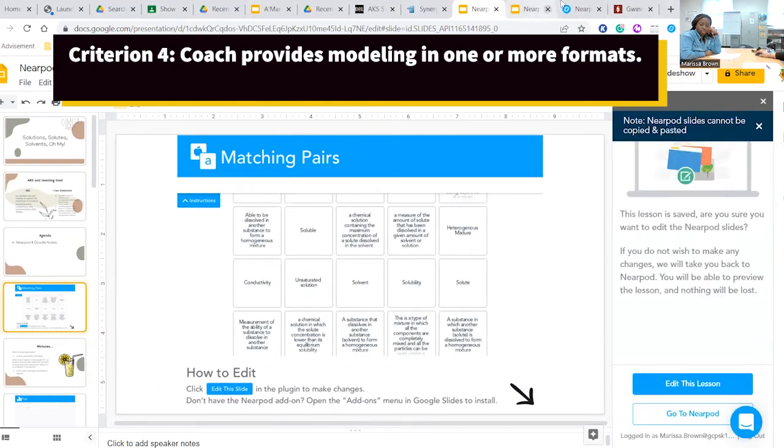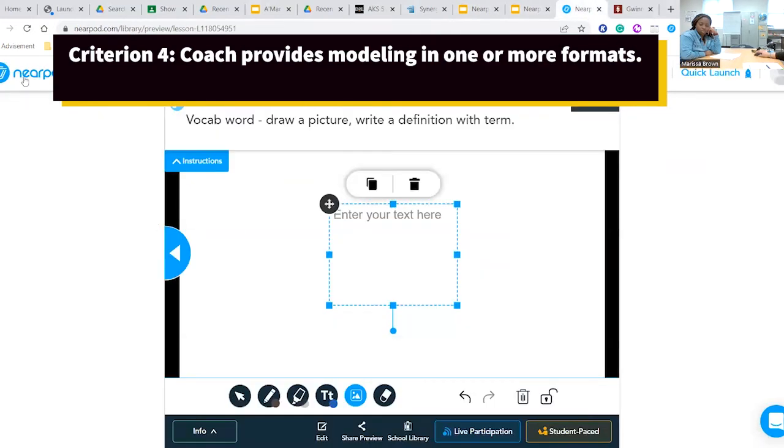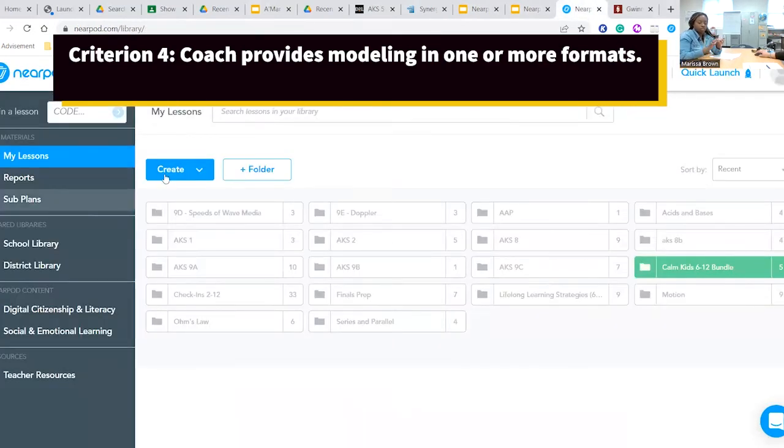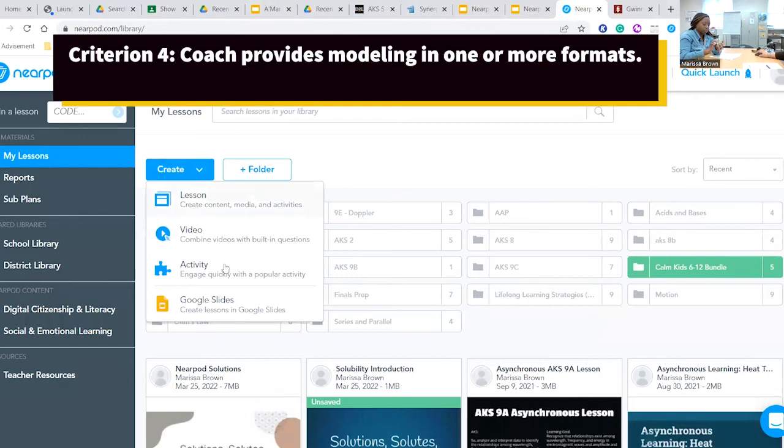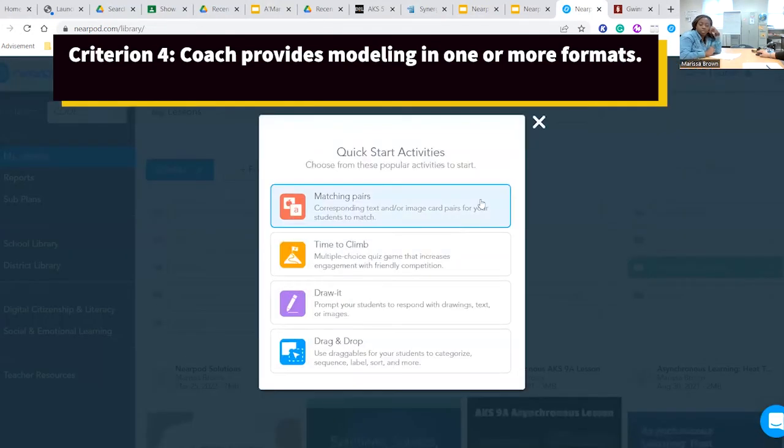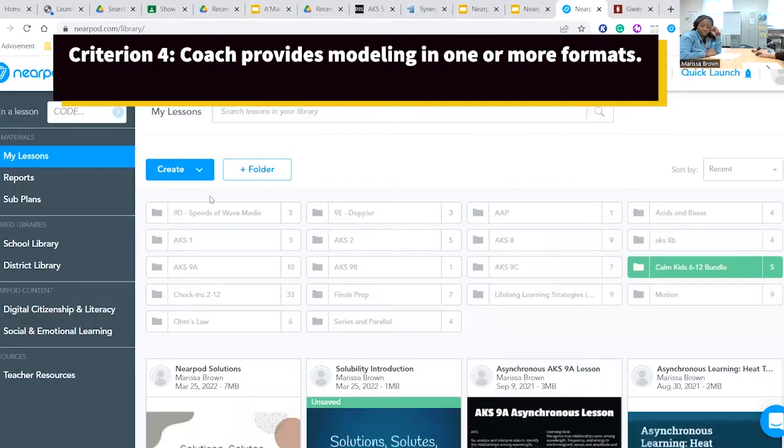Okay, I'm going to open another Nearpod real quick just because it's deciding that it doesn't want to work right now. Great. I'll just really quickly show you some of the activities that you can do. So there's matching pairs, time to climb, draw it, drag and drop, which are good. And then there are also